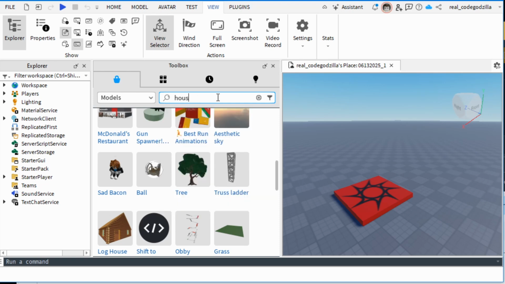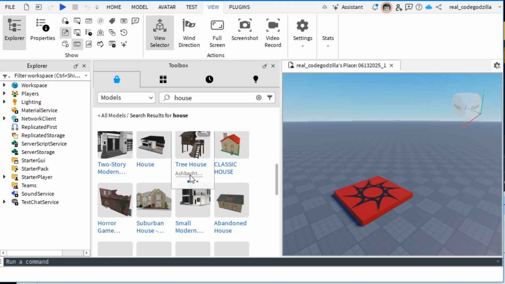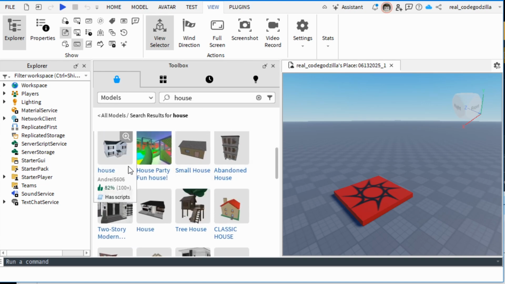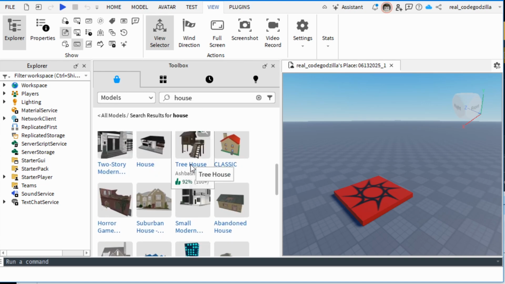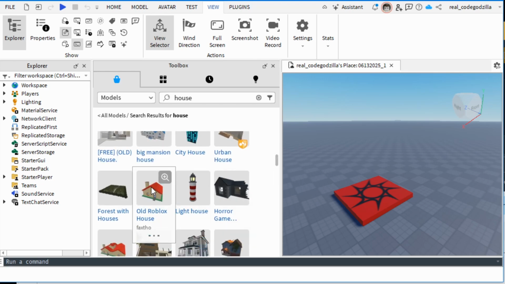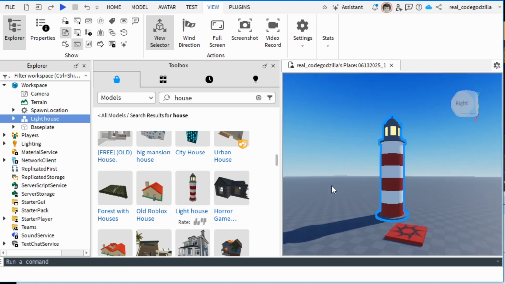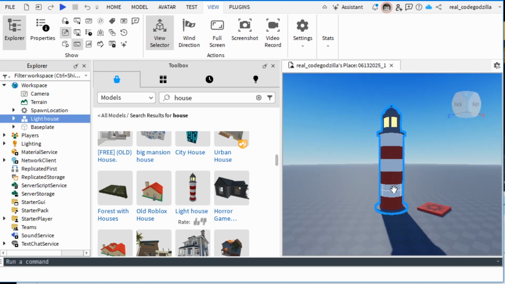So I will type house. I type house and I click enter, and you can see that a lot of house pictures show up. These are house models. So if you find something that you like here you can click on it. For example, I choose this lighthouse, and once I clicked on it you can see that it showed up in